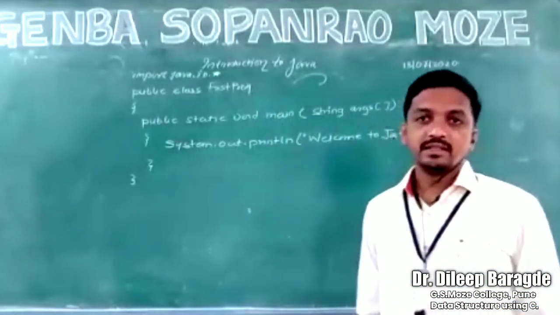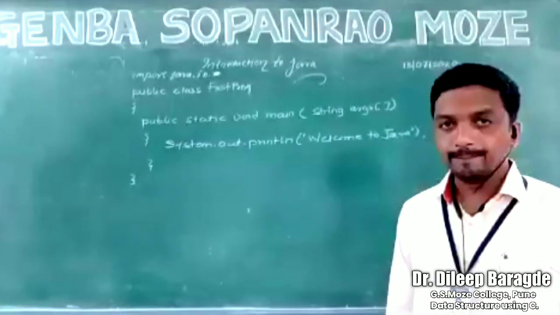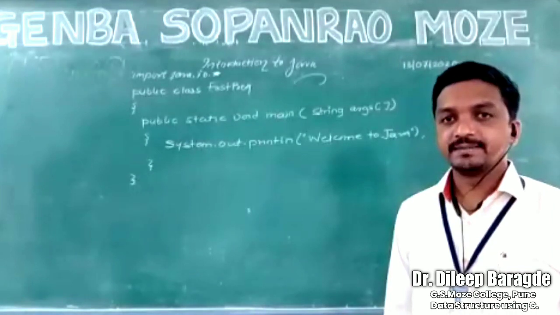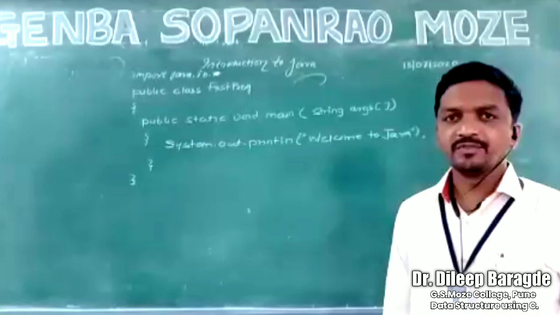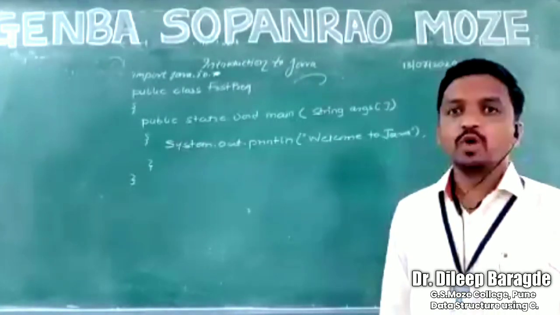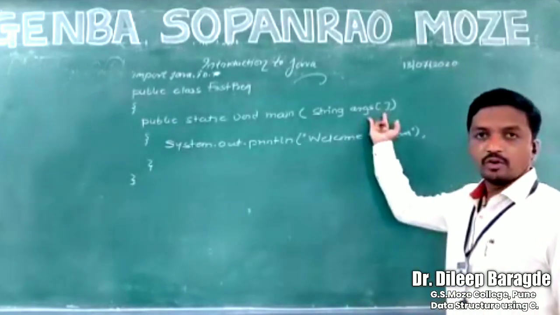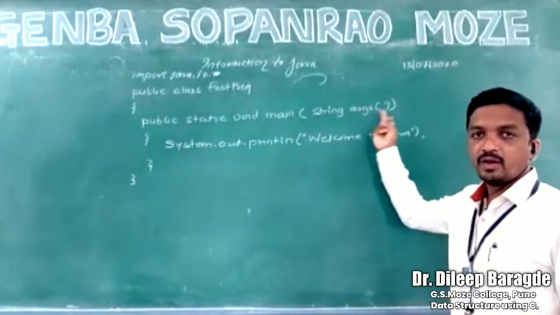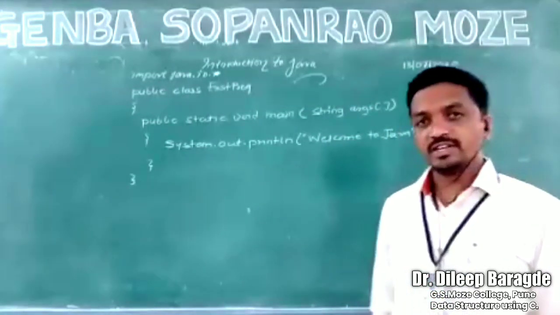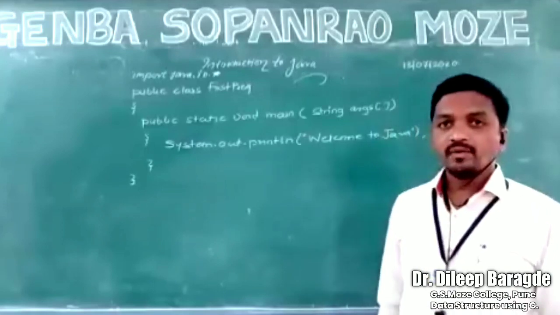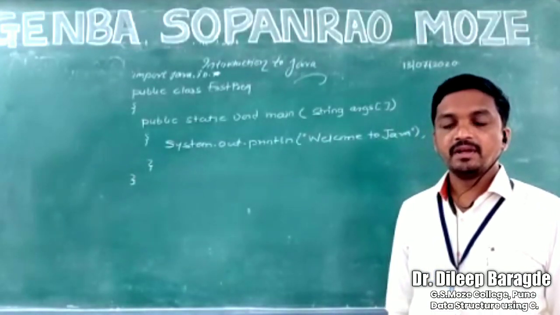Array is there. So args is nothing but what? Variable name, or we can say arguments. Args stands for arguments. So this is the variable name. The array symbol is there. So it is an array of arguments. ह्याचा meaning काय झालेला आहे? Array of arguments. Then the data type of them is what? String. In Java, whatever we accept will be accepted in string format.